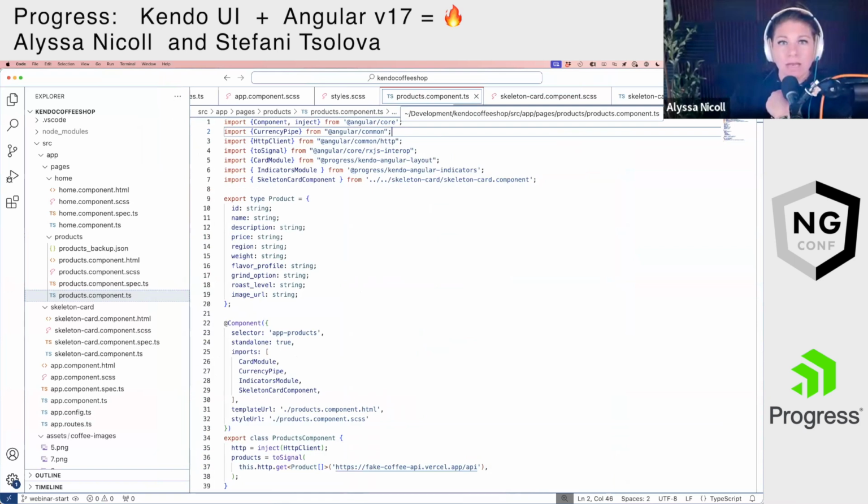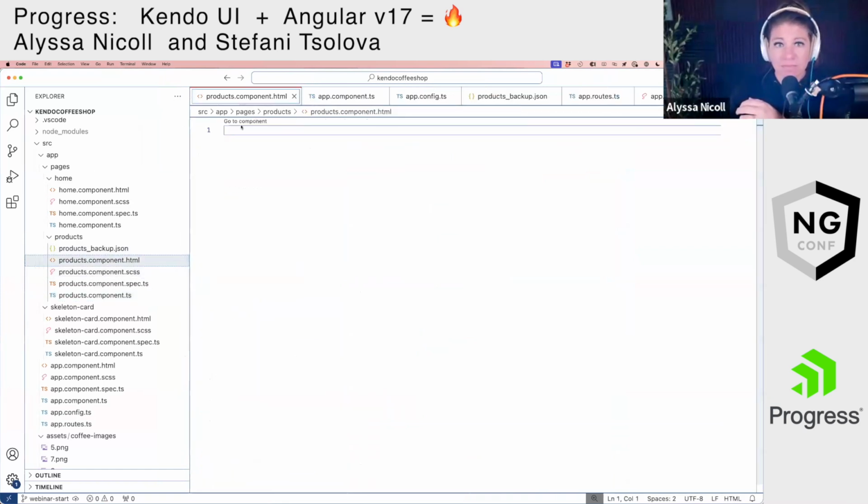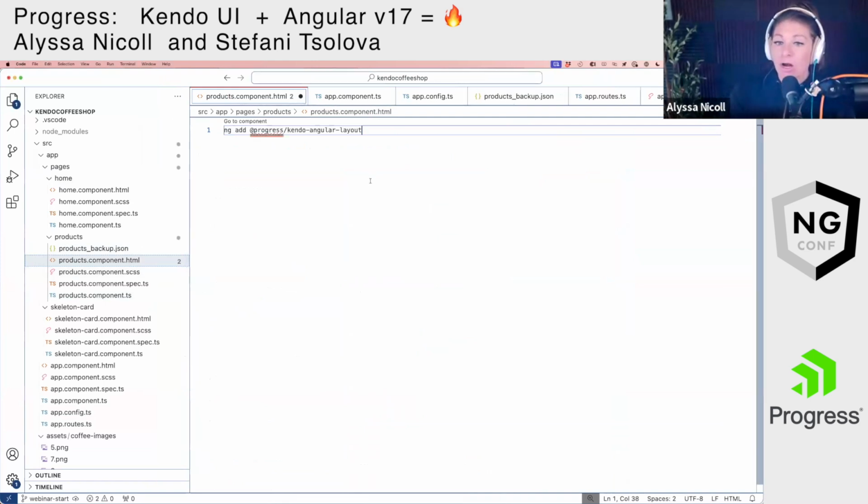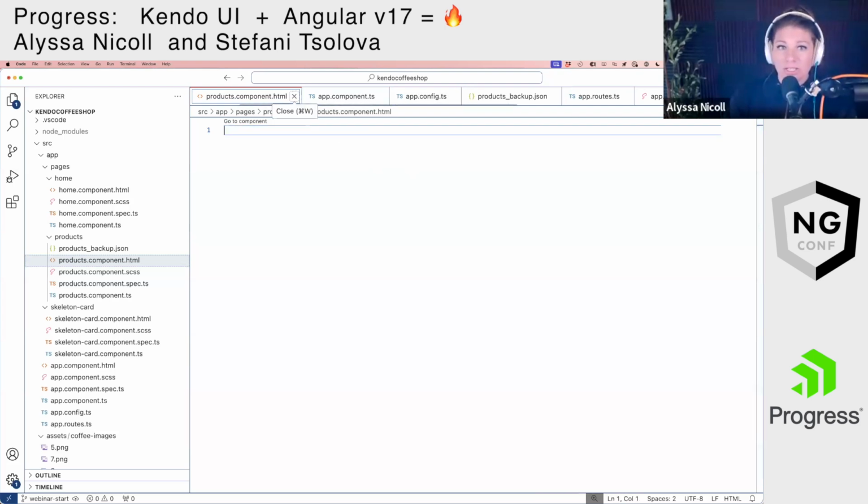So time for some Kendo cards, because we have our data, but we need to display it somehow. I'm going to have a couple steps here. The first one, we would do ng-add, and I'm going to just paste the command. I've already done this in this application, but we would do ng-add and get Kendo Angular layout. And that has, I think, 8, 9, 10, 11 components in that package. And one of those is the card component, which Stephanie showed the inner workings of, but let's actually use the